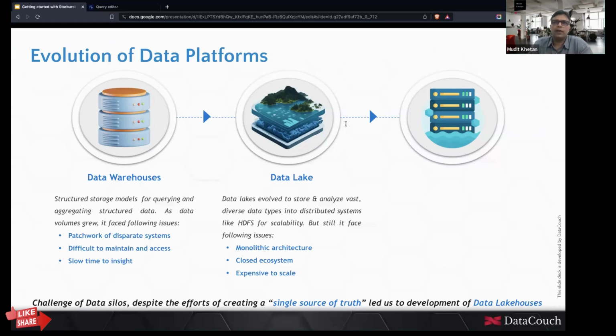Another problem that came with data lakes was that the data engineering teams who were used to working with data warehouses were used to tools such as SQL and schemas, which were structured in nature and allowed for fast indexing and fast querying of data. With a data lake, because the data was so diverse and so dispersed, it became almost impossible for them to use the same tools. So the problems still persisted.